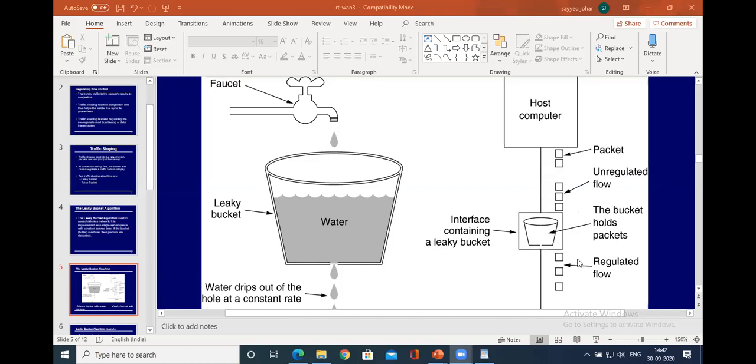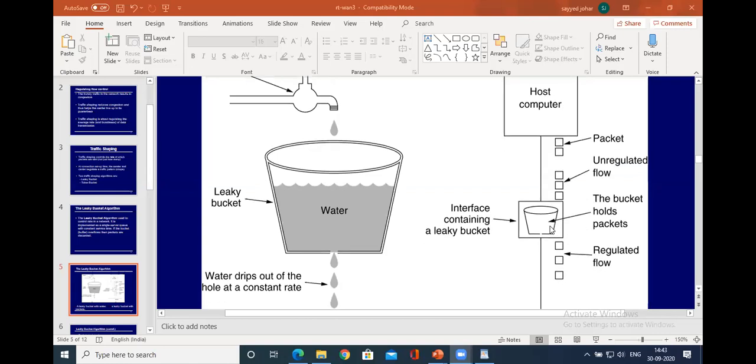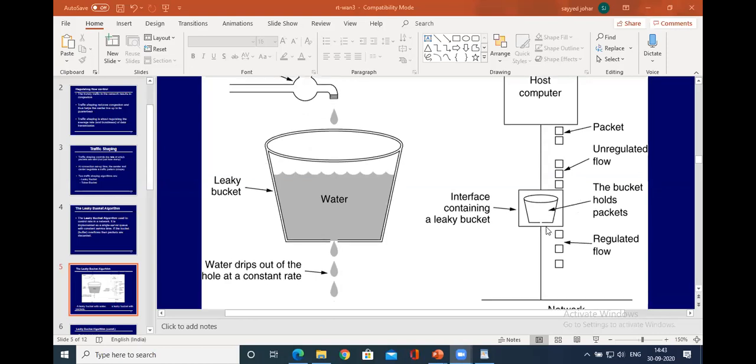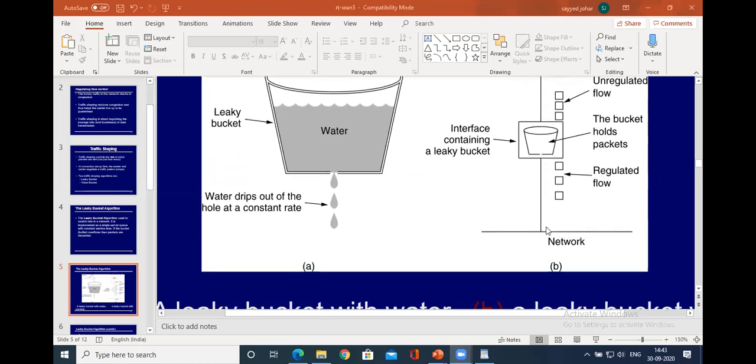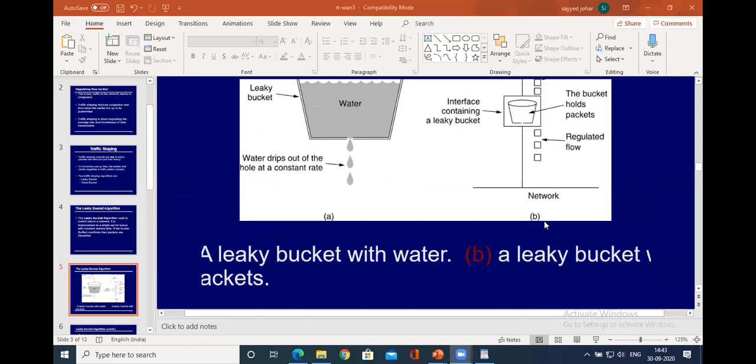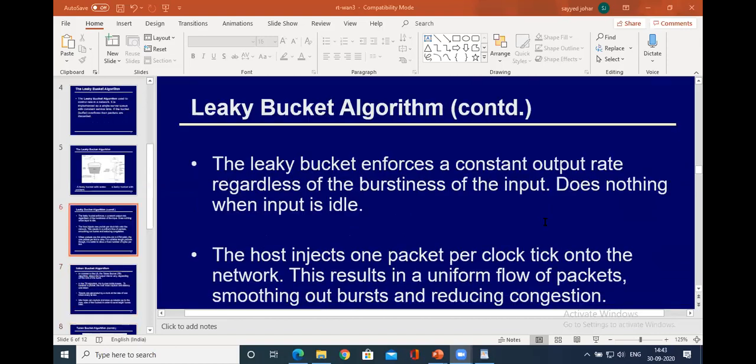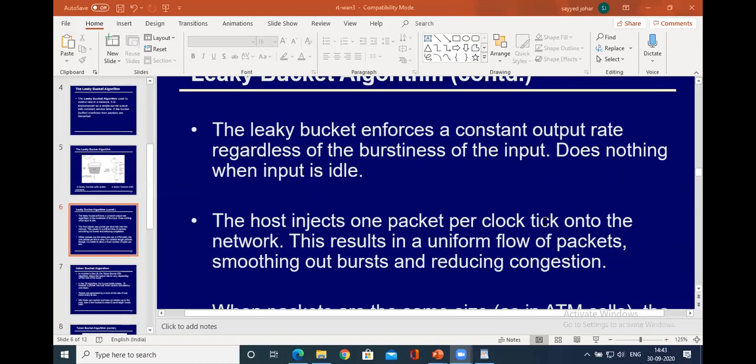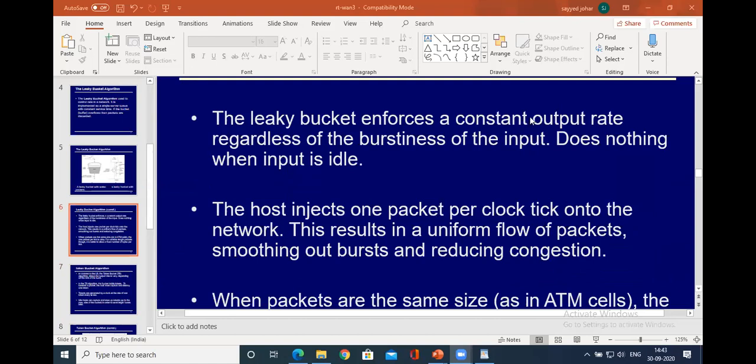The same bucket will turn the unregulated flow into a regulated flow, in the sense of controlling the congestion in the network. I repeat, it enforces a constant output rate regardless of the burstiness of the input.